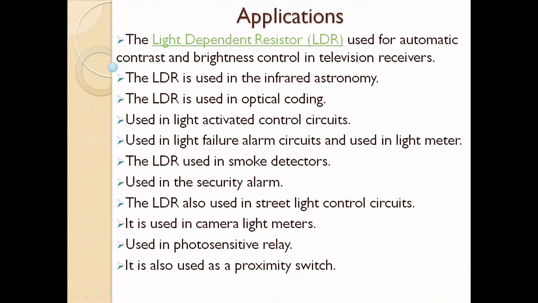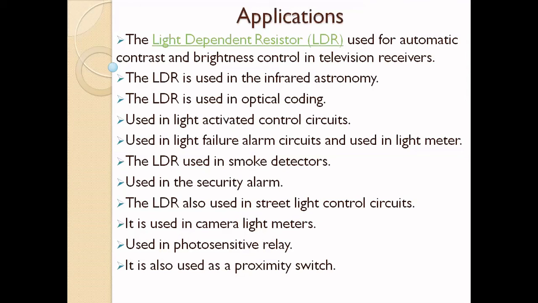Next, the applications of LDR. LDR is mainly used for automatic street light control. Next, it is used for TVs. If you take a room with no light, automatically the color and intensity of the light of the TV will get changed depending upon the intensity of the light.